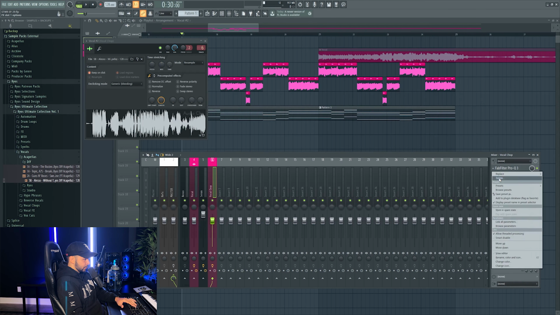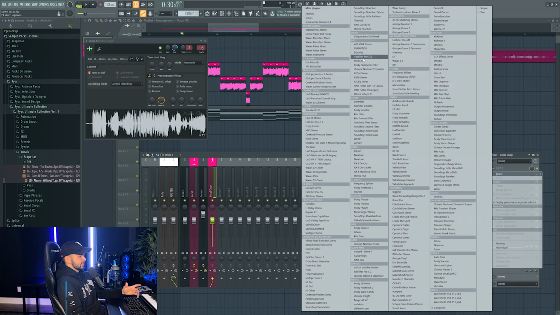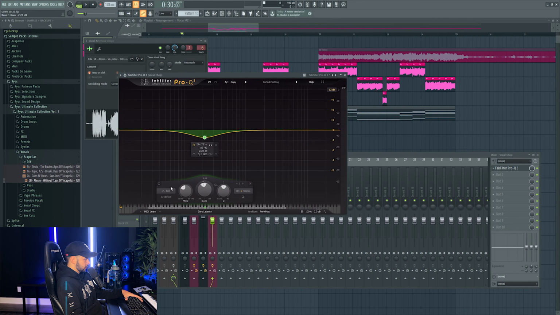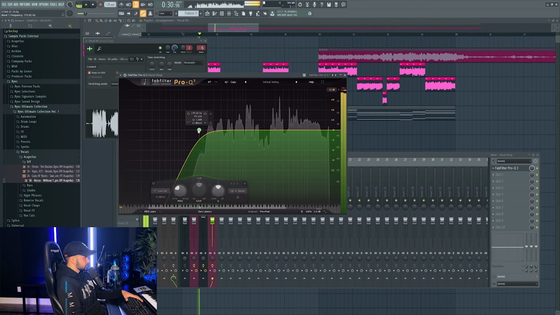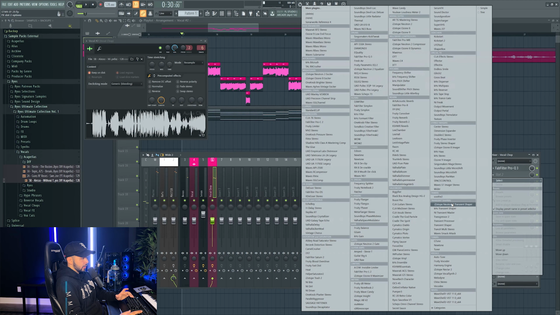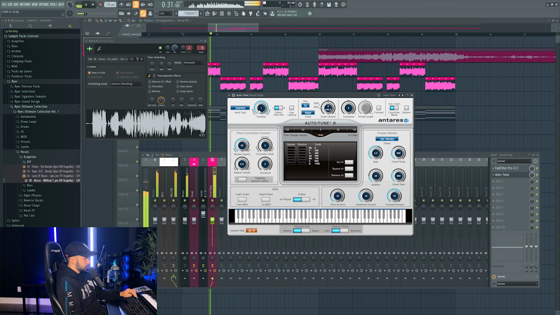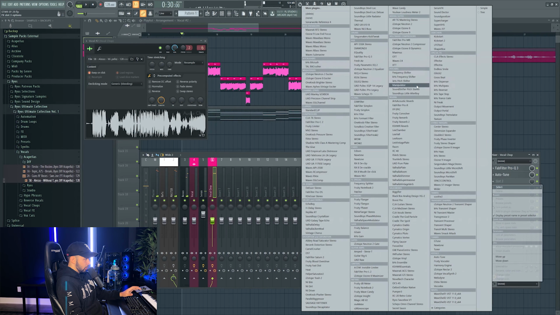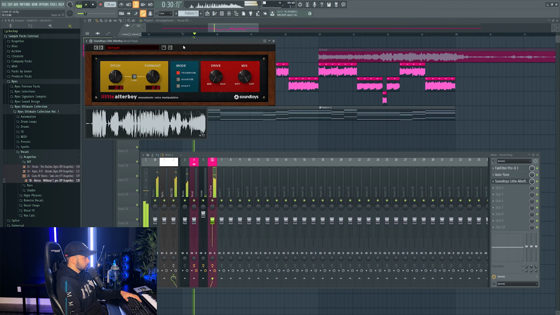All right, I'm putting the vocal chop on a separate track. I want to process this a little bit. So first off, I want to EQ it, get rid of the lows here. Now I want to process this more and sort of mangle it, and also tune it a little bit. So let's first throw on an auto tune. Now I'm also going to throw in an Altar Boy.